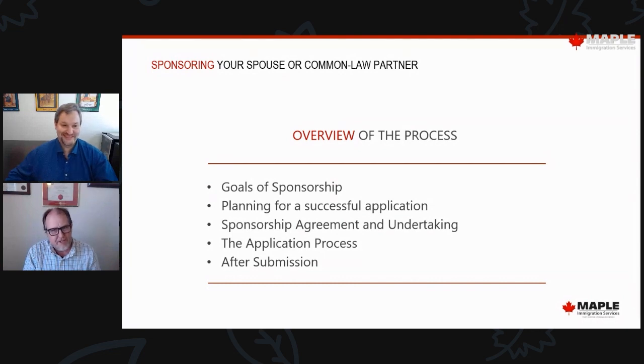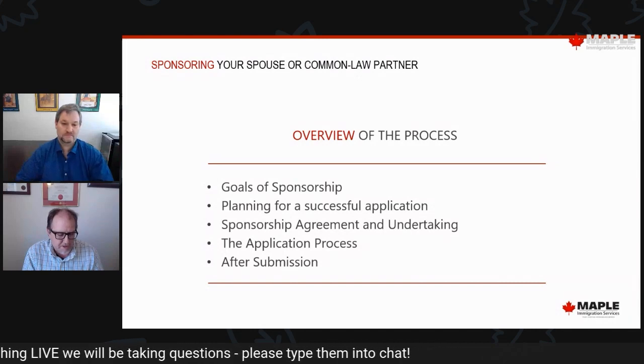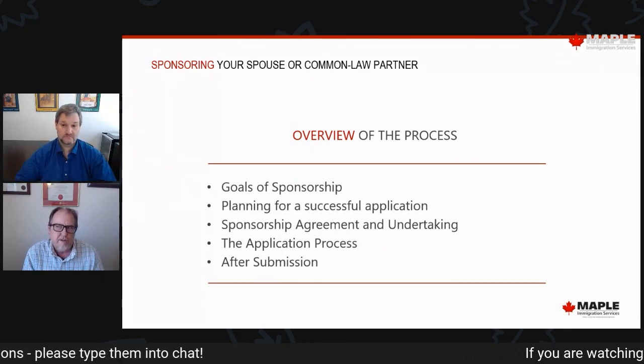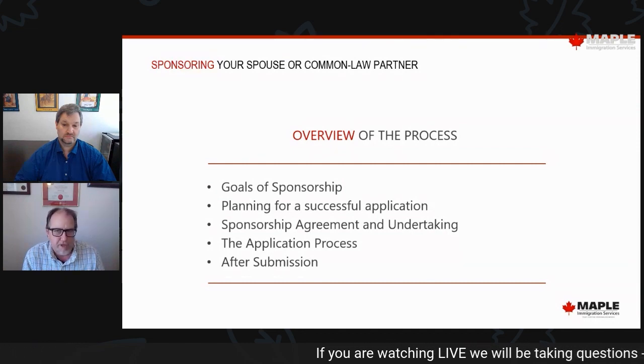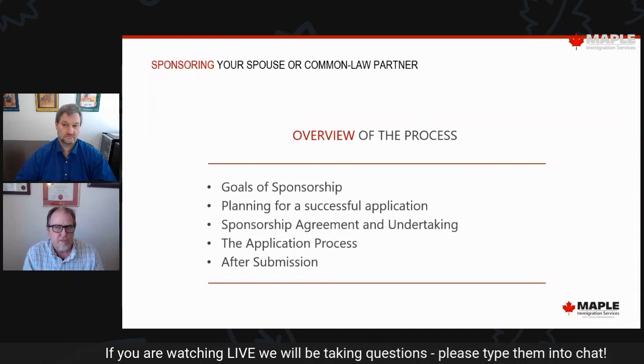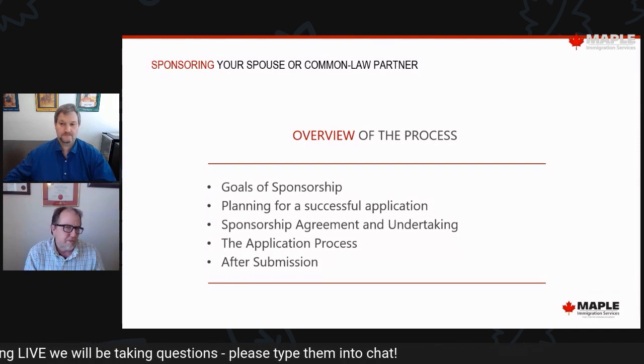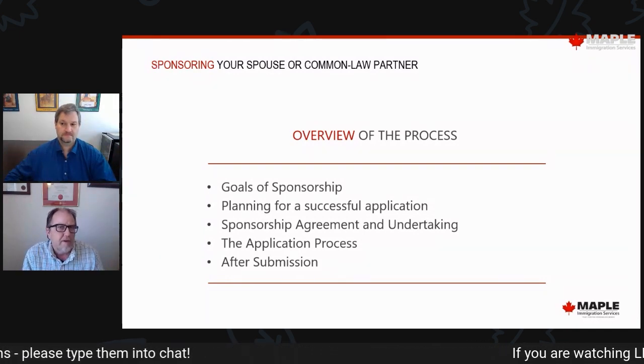So the government of Canada says, yeah, sure, you can sponsor your spouse or partner to become a permanent resident and be with you forever in Canada. But you need to give us something in return, and that is an undertaking. It's a binding agreement between you, the sponsor, and the Minister of Immigration. And it's a 3-year agreement that you're signing, which basically says for those 3 years, the first 3 years that your partner is here as a PR, that you are responsible for your partner. In terms of, you need to be able to provide the basic necessities of life to them. You'll be responsible for their finances and everything.